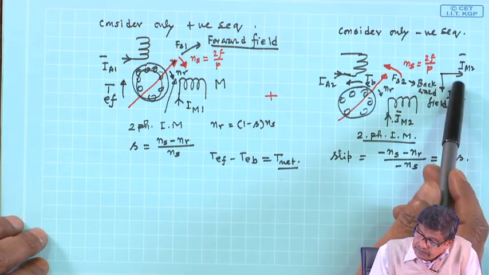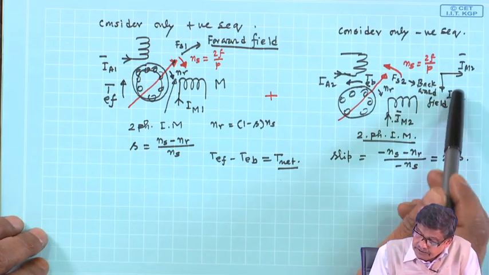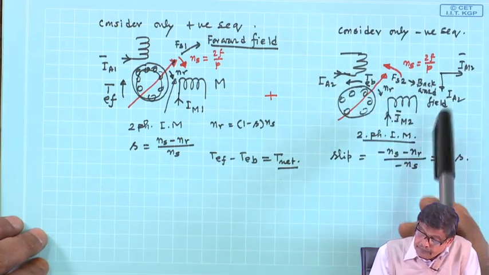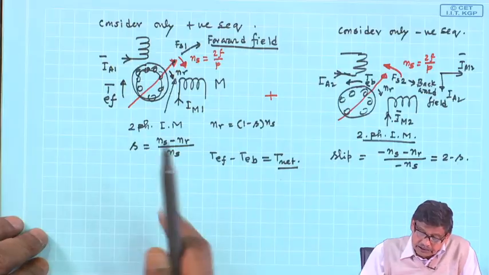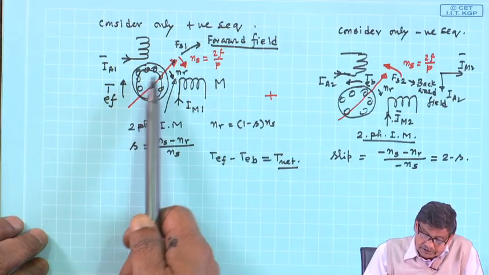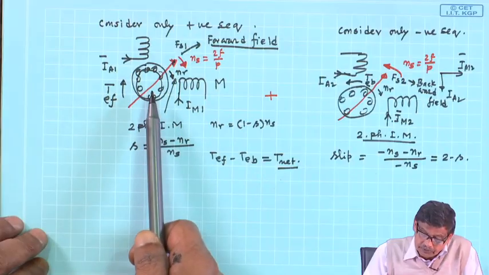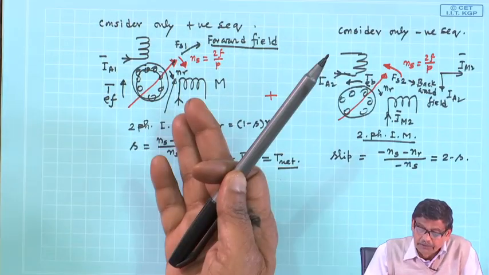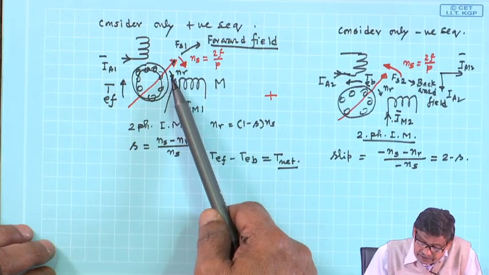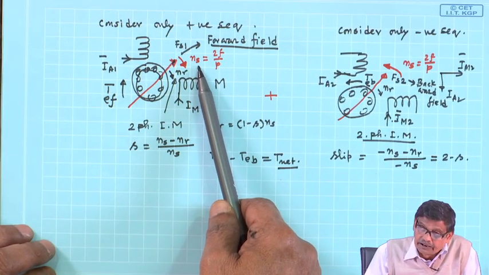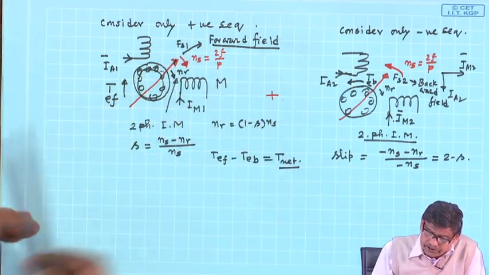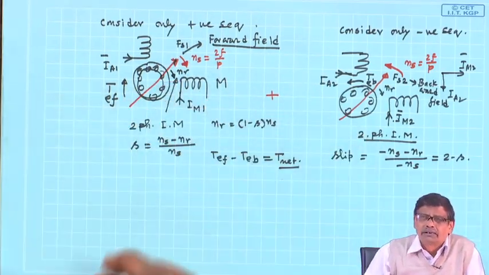Similarly, the backward balanced two phase current, these currents are balanced, 90 degree, it will move this way. Then I am arguing that the electromagnetic torque developed by this motor, it is balanced, it looks like a rotating field is there. So, electromagnetic torque in the same direction as the stator field, and this field,